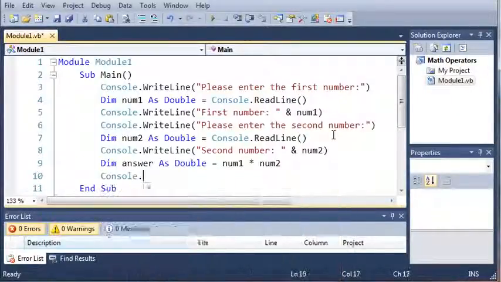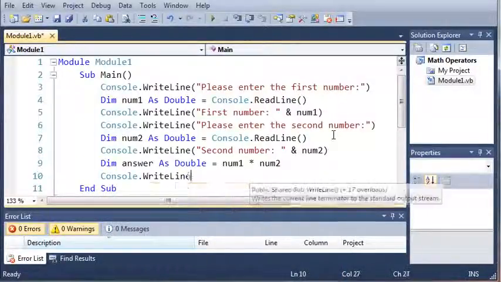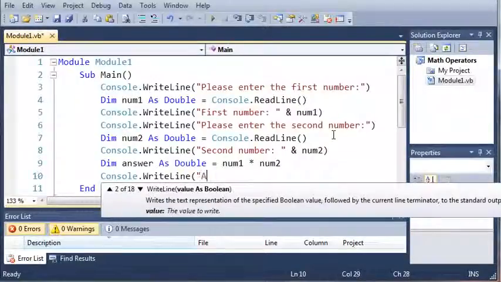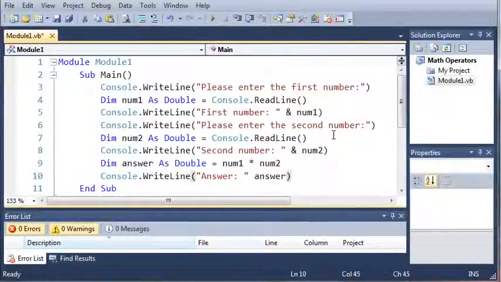So now we're just going to print that out. So console.writeLine "answer," and we'll add answer to that. And we need to use the and sign right here. So now if we run this program,